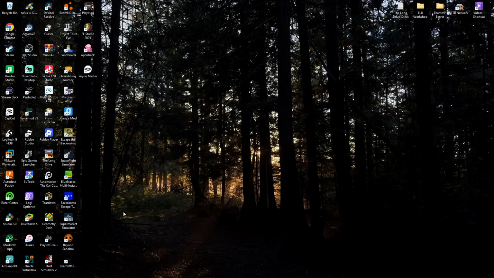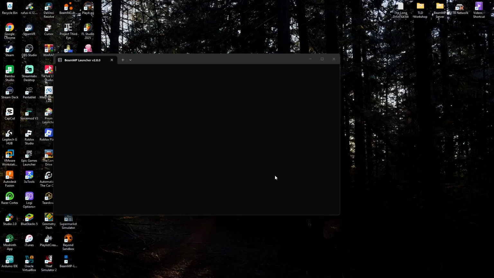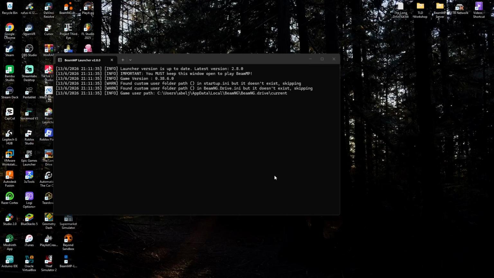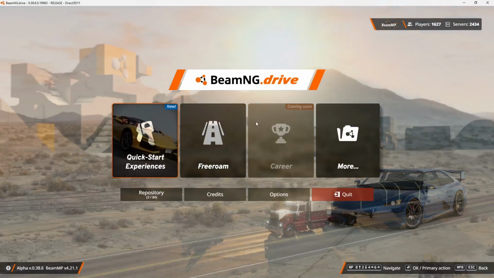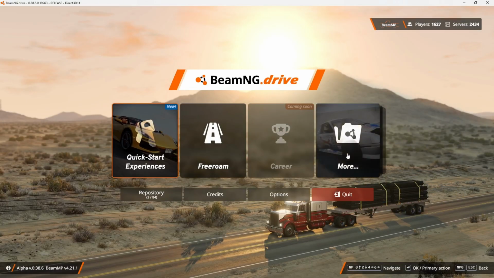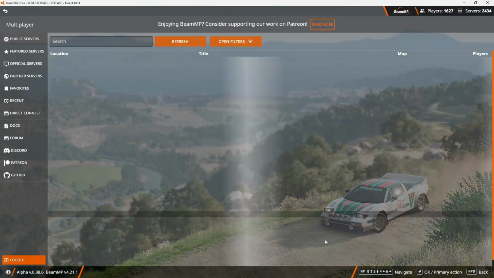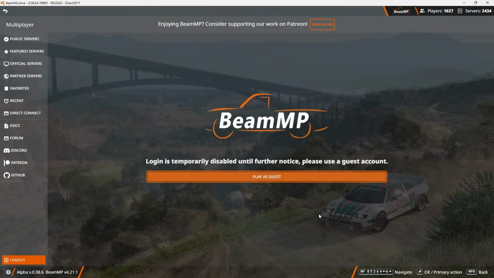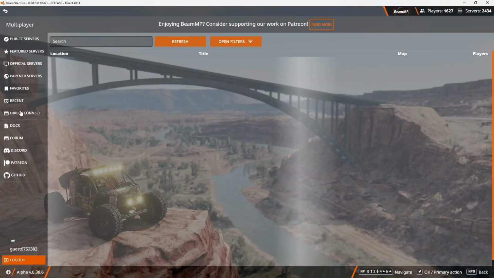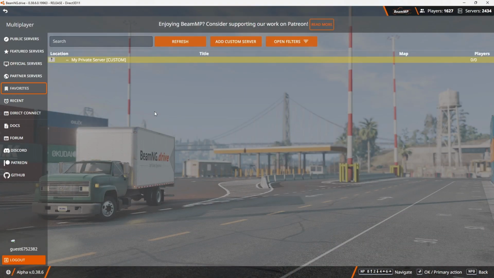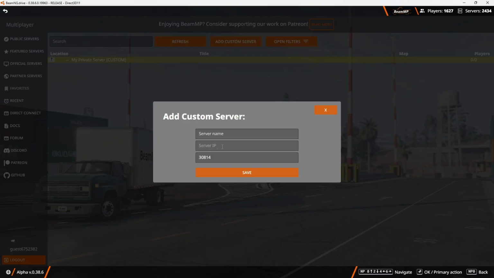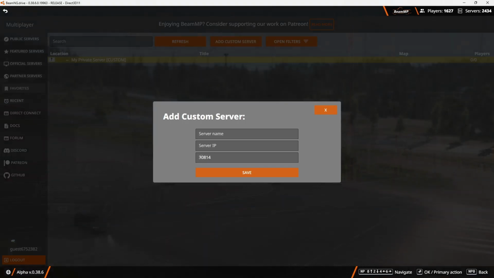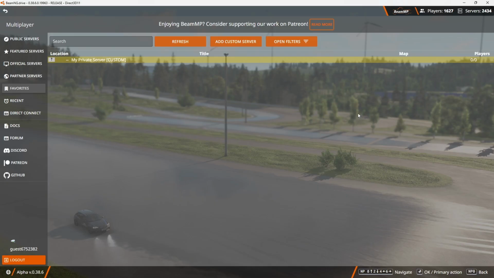Come on. Let's go ahead and launch BeamMP. Okay, once you have BeamMP loaded up, you're just going to go ahead and go to More, go to Multiplayer. Now, currently, there was a cyber attack, so there's no account for BeamMP. Don't need to worry about that. Just go ahead and play as guest. Now you're going to go to favorites, because you're probably going to use this more than once. And then you're going to have to go to add custom server, add the name, server IP, leave the number, but for right now, because I'm not going to use the server again, I'm just going to go to direct